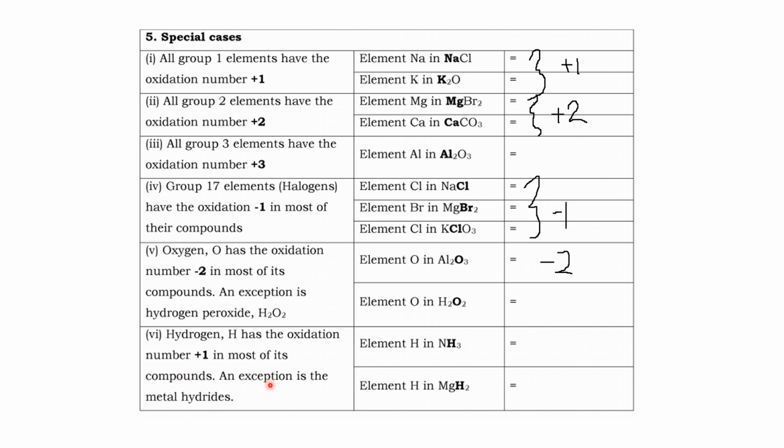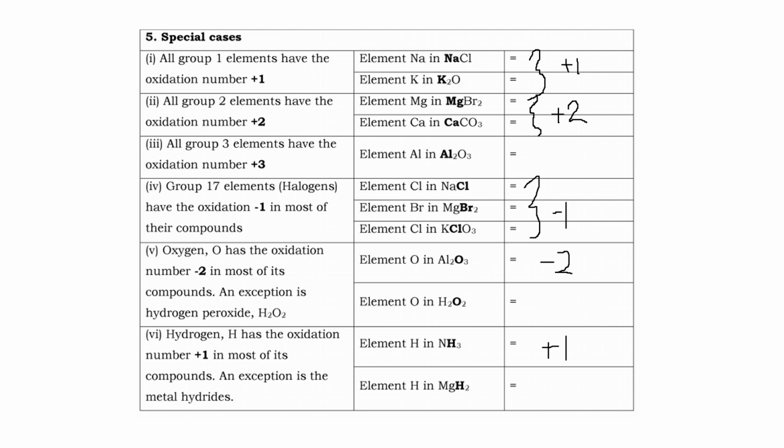Okay, last sekali hydrogen lah. Hydrogen has the oxidation number of plus 1 in most of its compounds. An exception is the metal hydride. Okay, you must remember that hydrogen is a non-metal element. Tapi kenapa dia plus 1? Sebab dia duduk dekat group 1. Tapi it is a gas and a non-metal element. So, the oxidation number for hydrogen in ammonia is plus 1. Okay. Yang exceptional tu tadi